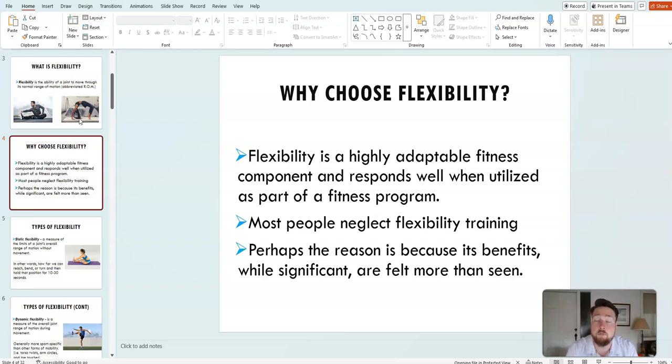then that's your cue that yes, that person is flexible. When we exercise, we want to look fit, look in shape, muscular if that's your goal, but you can't tell if someone is flexible just by their looks. So that might be a main reason why some people don't include flexibility in a workout regimen.